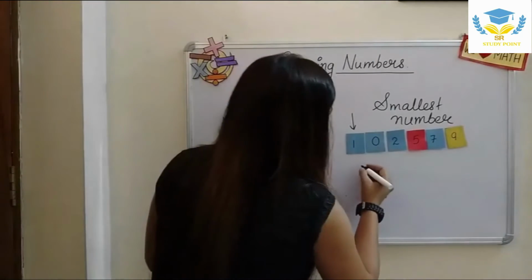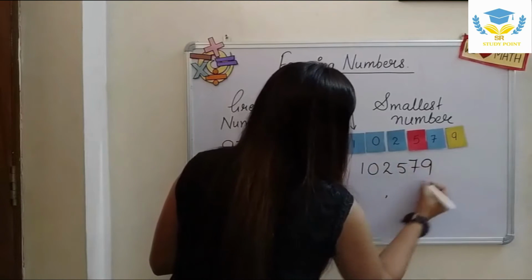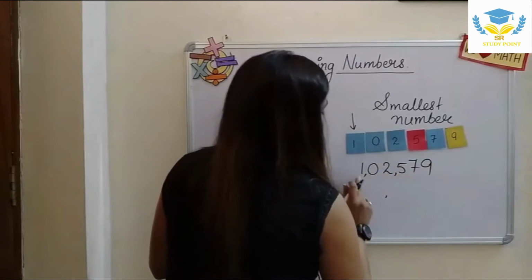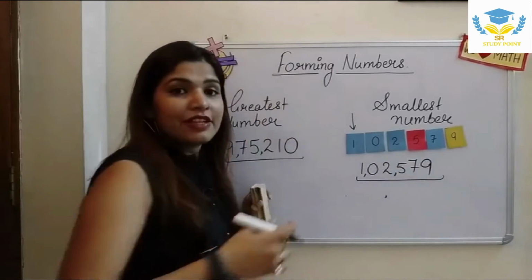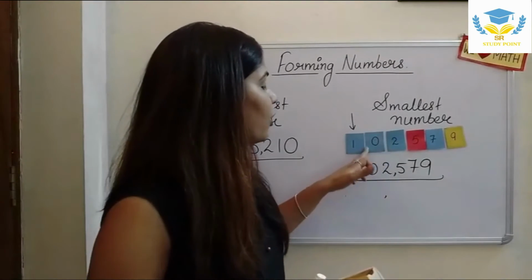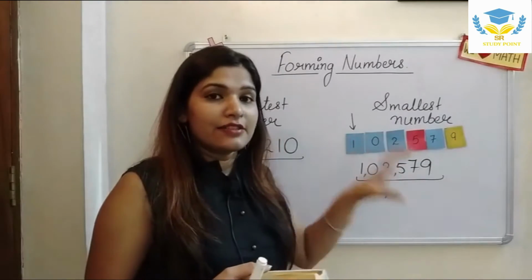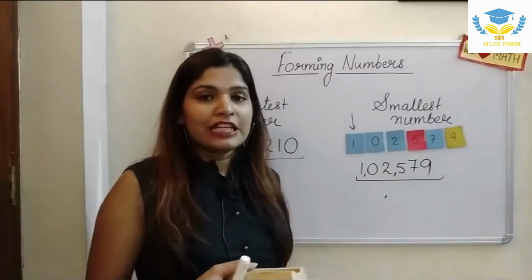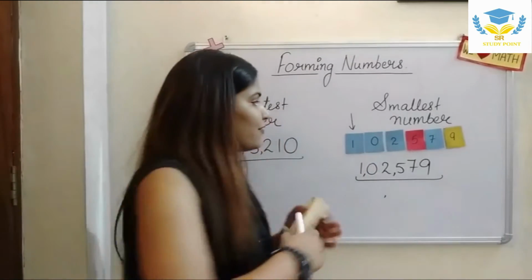So the number formed is 1,02,579. This is the fact which you keep in mind, that when forming the smallest number including the digit 0, we need to keep the 0 at the second place always, because if we keep